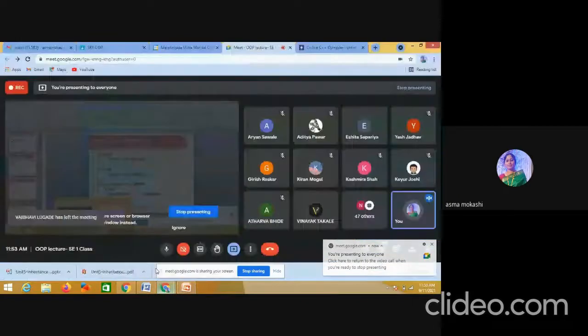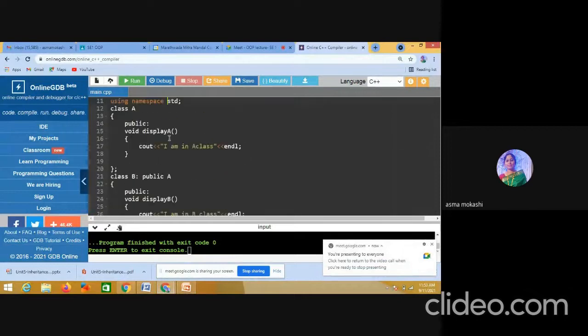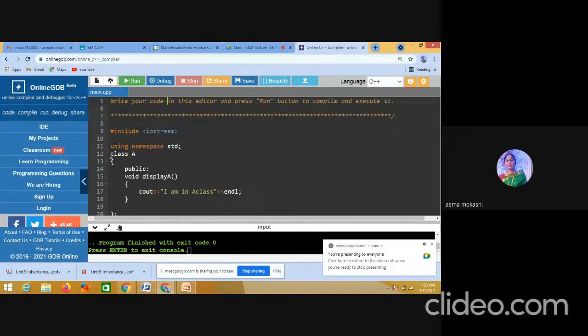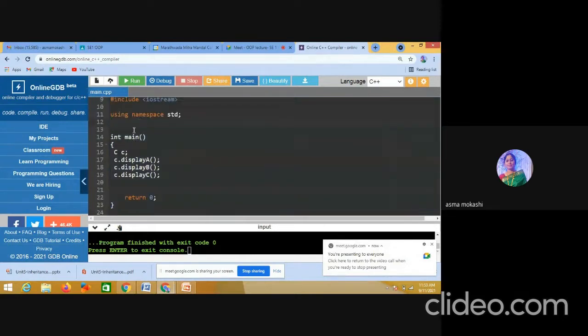So we can see the example from this editor. Now I'm erasing all the constructors and classes from here, and creating our own new class.